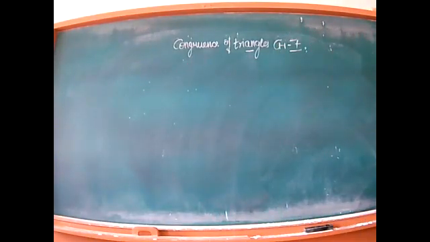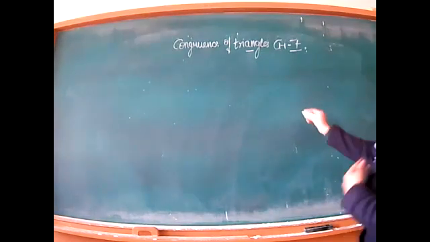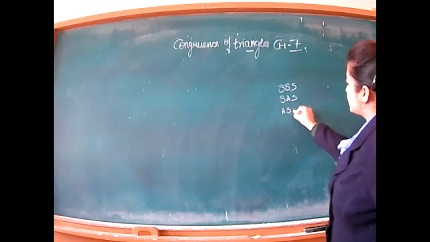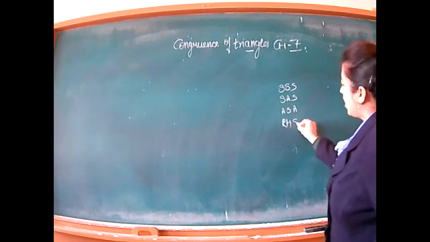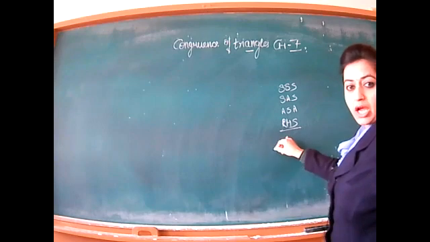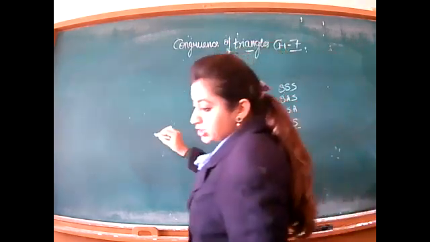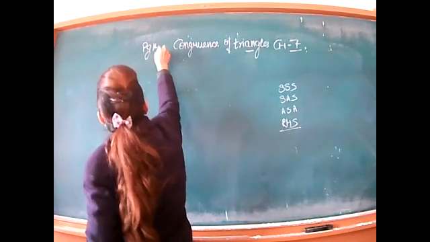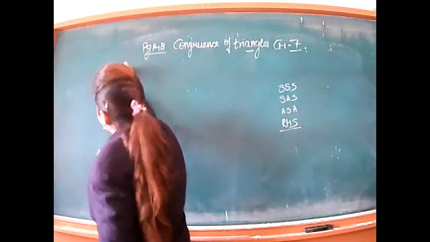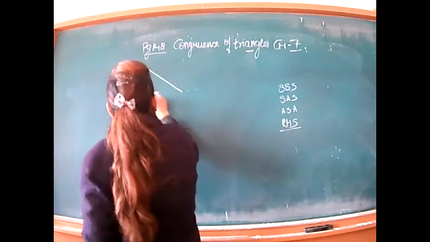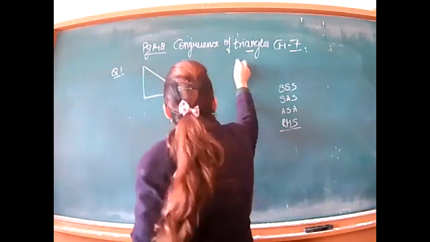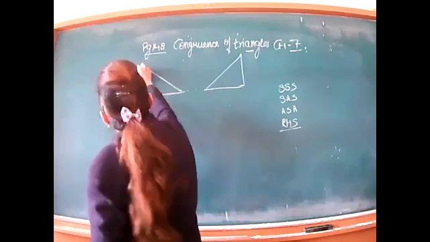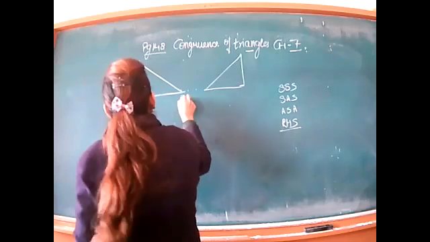In this chapter, congruence of triangles, we have discussed three rules: SSS, SAS, ASA. Now let's start with RHS, that is right angle, hypotenuse, side. We are going to start with the question on page number 148. These are given, so let's start with the first part. It is exactly the same as the previous questions we have done earlier, but the name of the rule is changed. That is a little bit different.